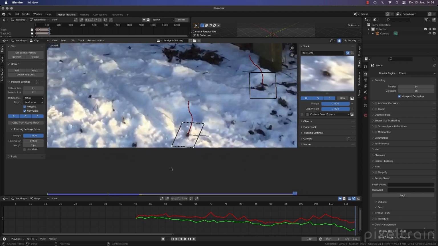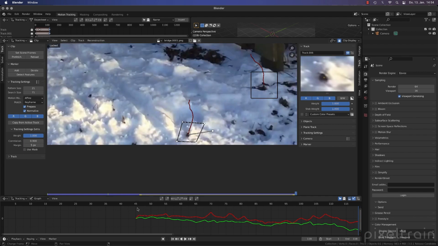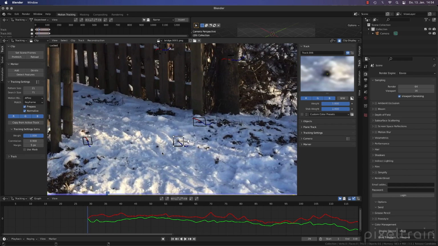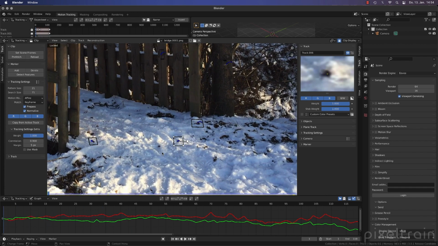Yes, we lost it here, so squeeze out the last frame. Yeah, that was the last frame. And we go back here and go into the other direction. Okay, now we have some tracks and the question is, do we have enough?